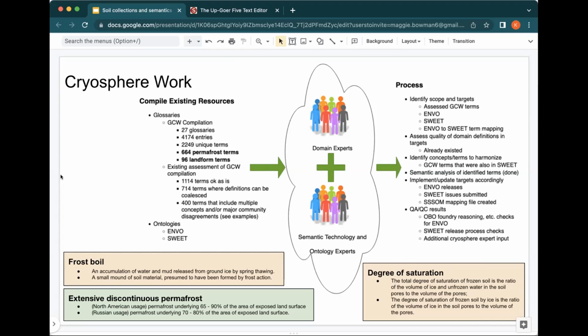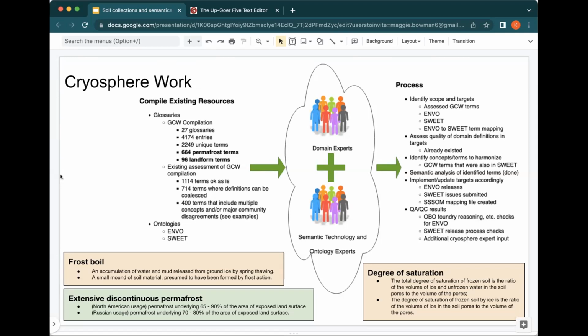And the process we used was exactly what I had described on the previous slide. Basically, we identified that we wanted to assess the GCW terms in the earth sciences. The two major semantic resources were the Global Change Master Directory scientific variable keywords, and Envo, the environmental ontology.